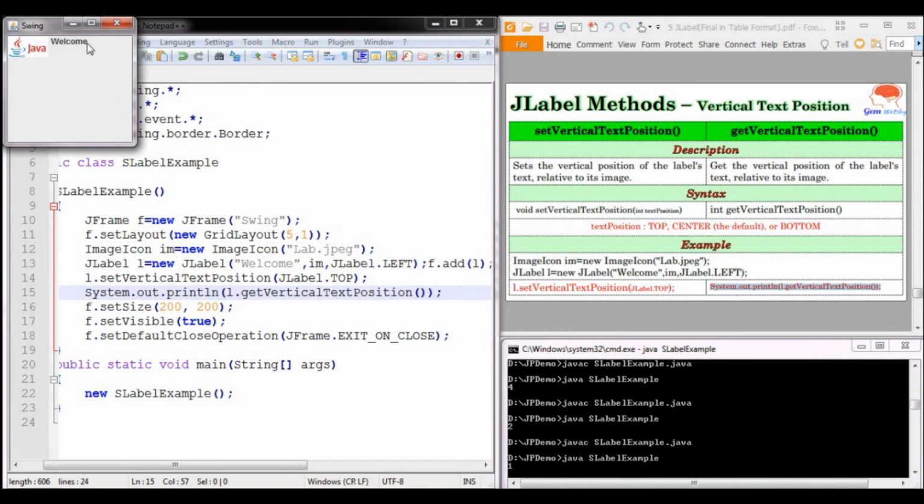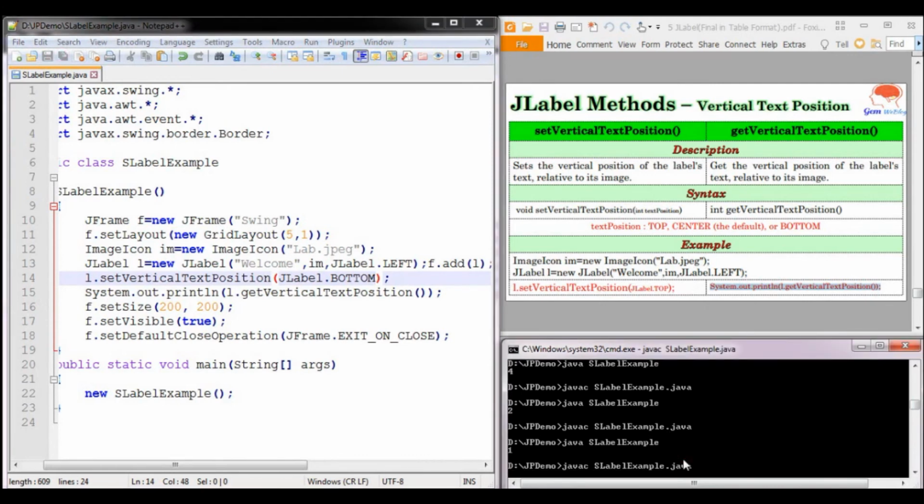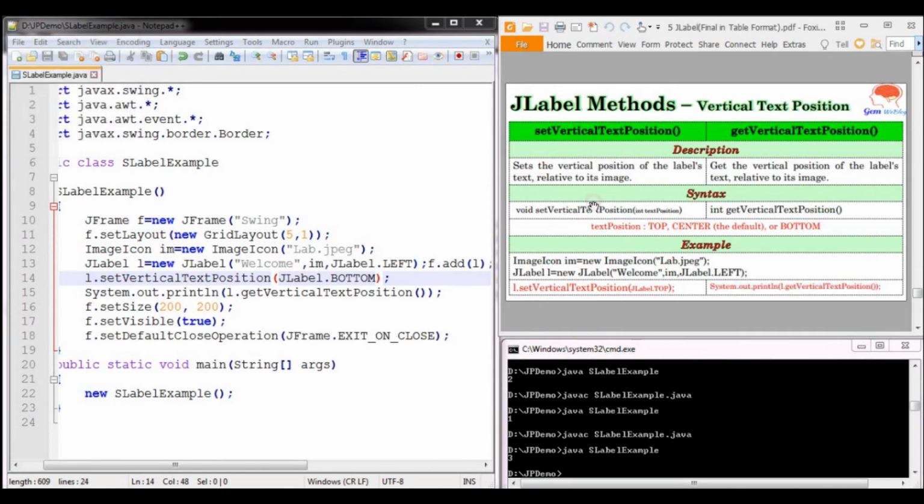Now you can see the text is aligned top with respect to the images. If I give bottom, you can see the text has aligned bottom with respect to the images.